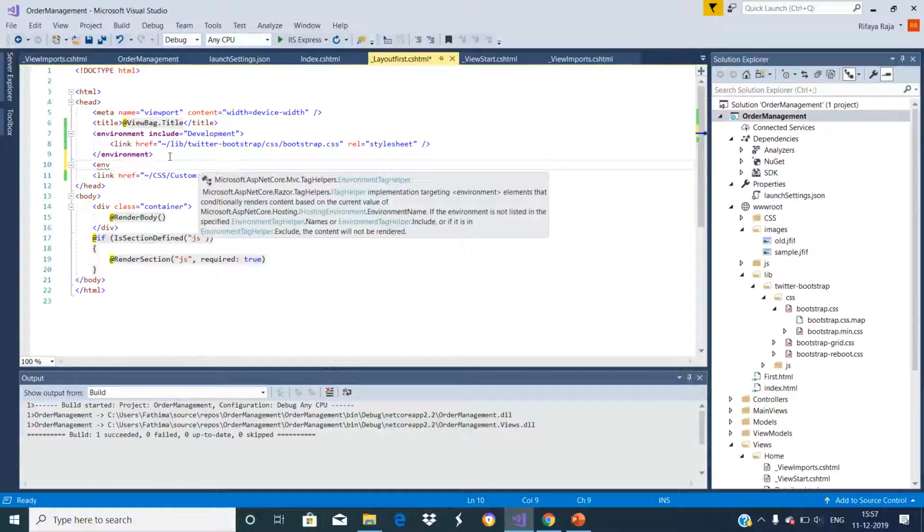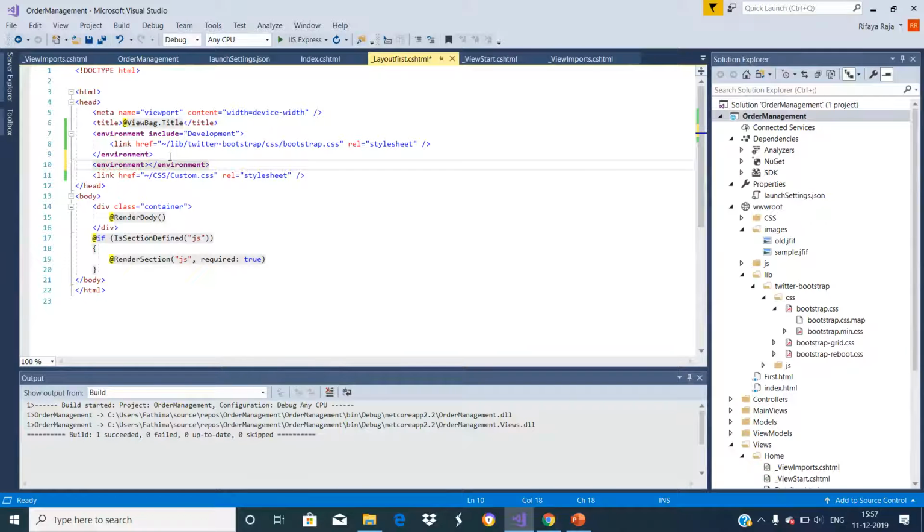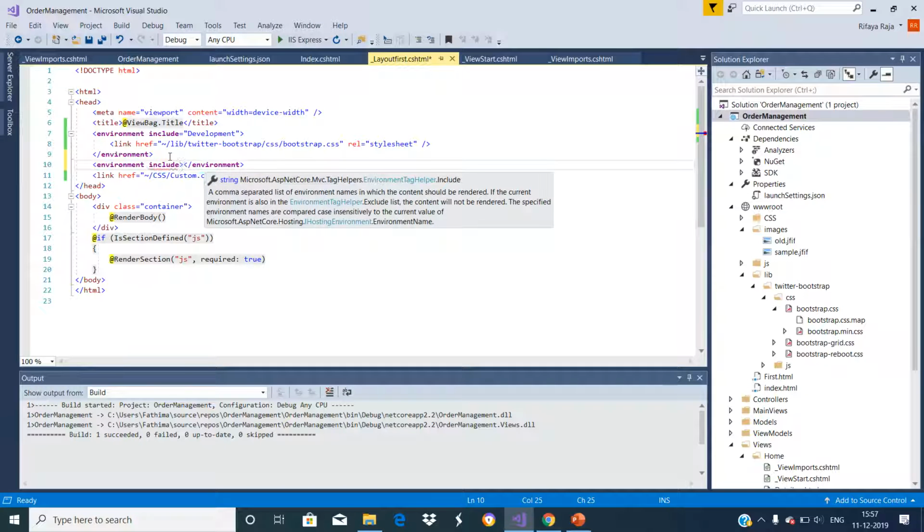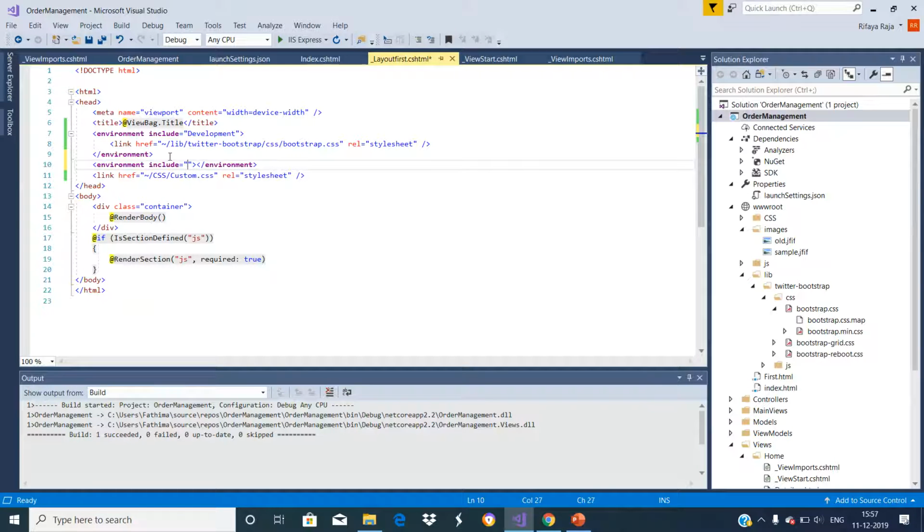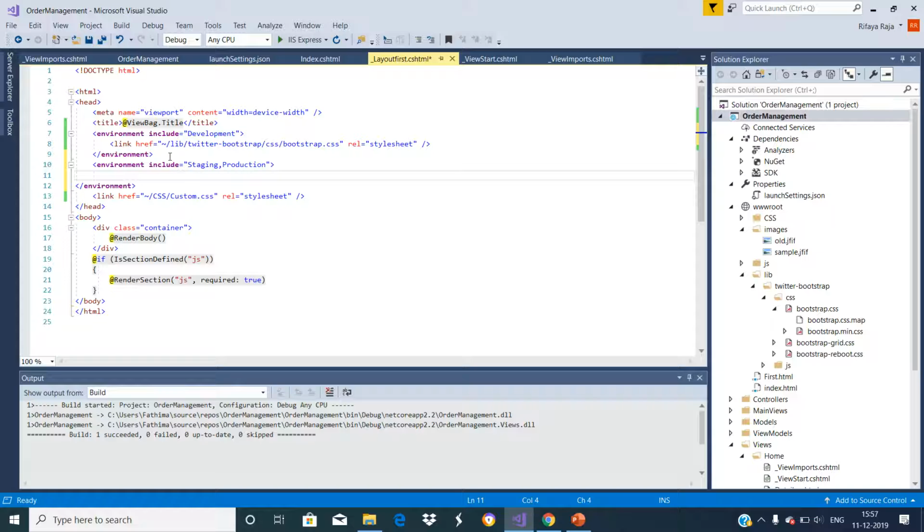Environment, staging or production. Include staging or production. First is staging, or production environment. We need to load the minified Bootstrap CSS file from the CDN link.